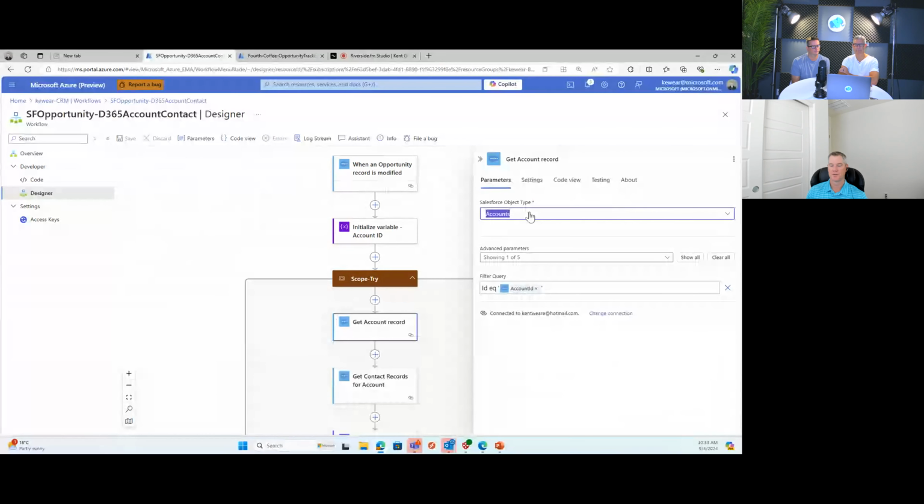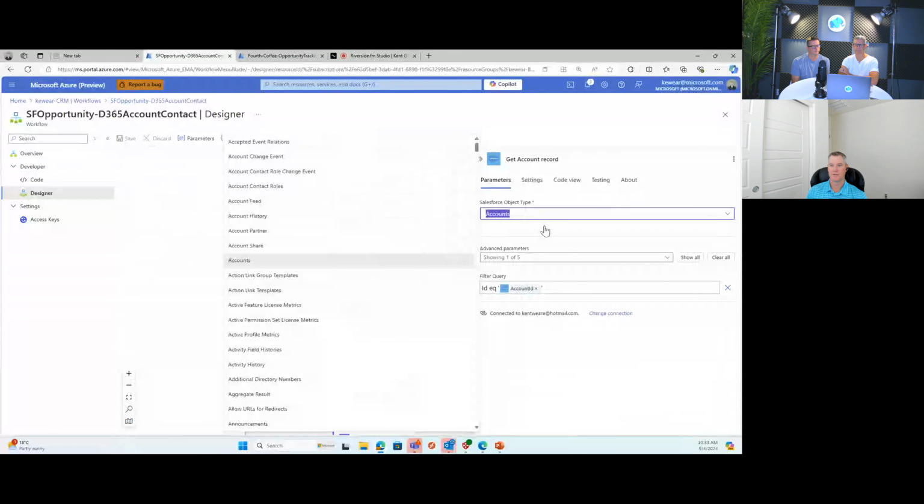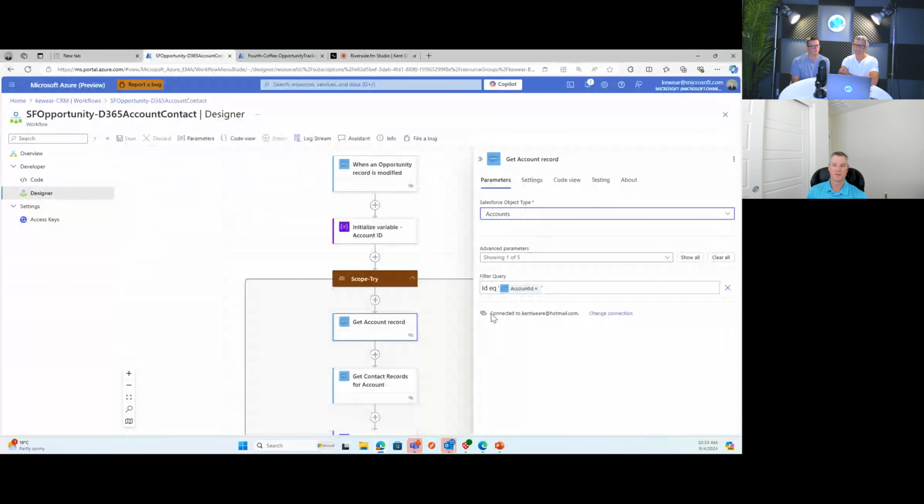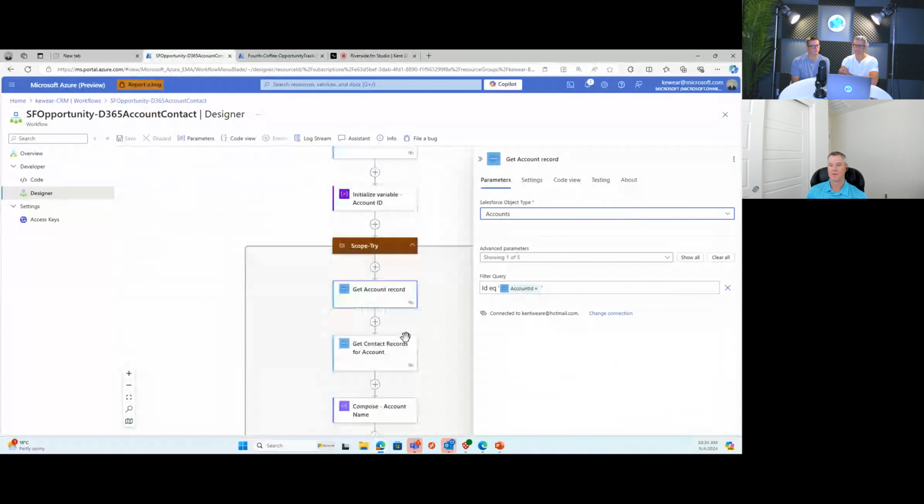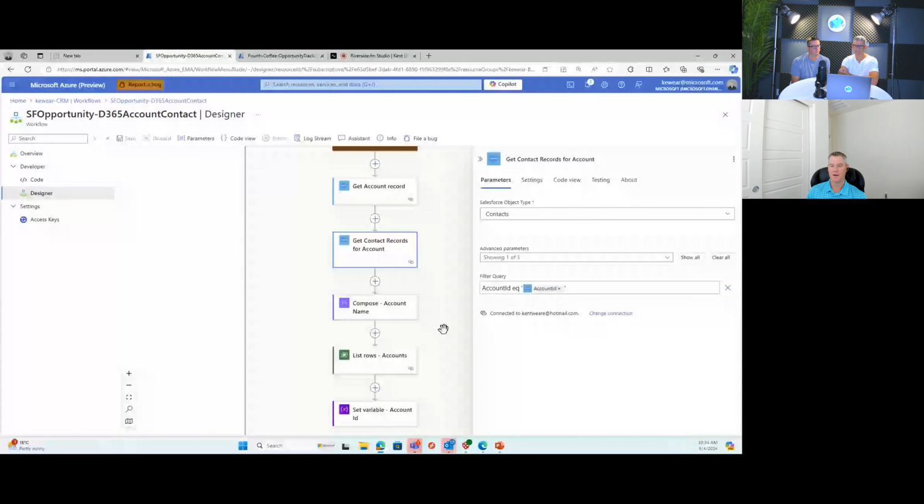Once again, I can choose from the different entities that are available in Salesforce. I'm going to filter, once again filtering at source, and I only want to find records where the account ID is equal to the one that was passed in. I'm going to do something similar with the contacts, except the field name is going to be called account ID instead of ID. And same idea, I'm going to go ahead and filter those things out.